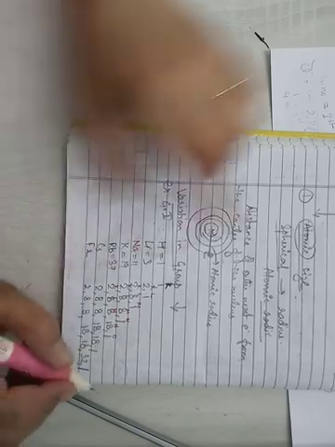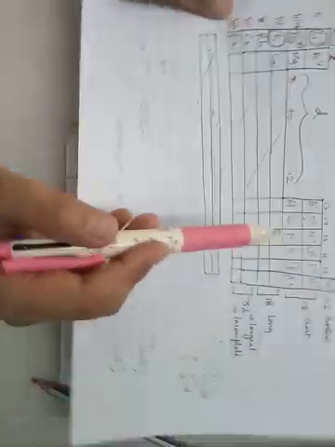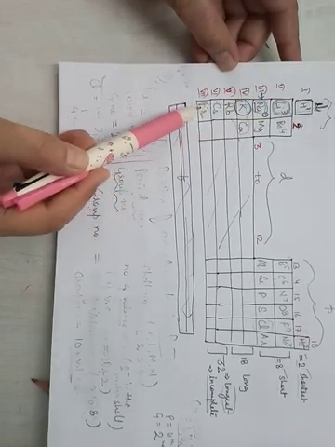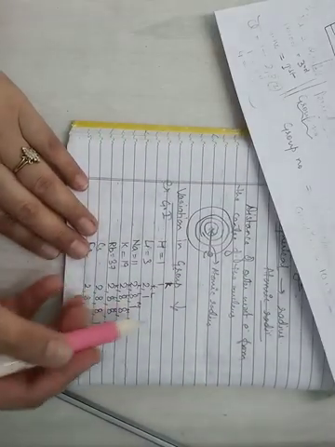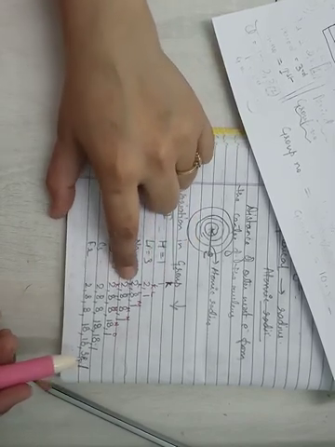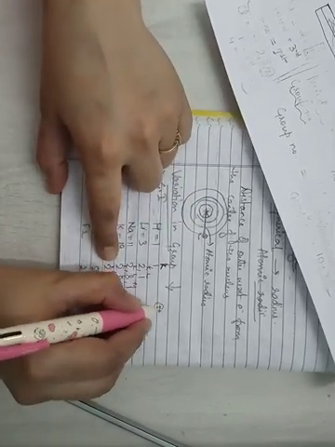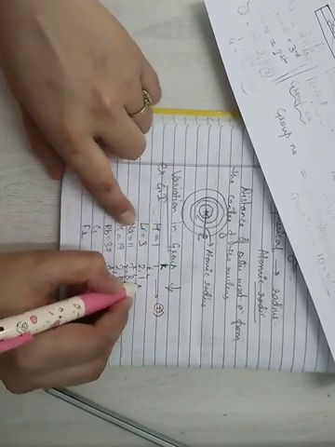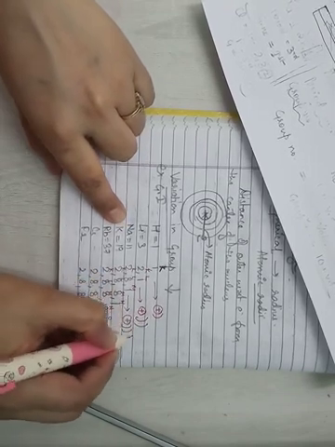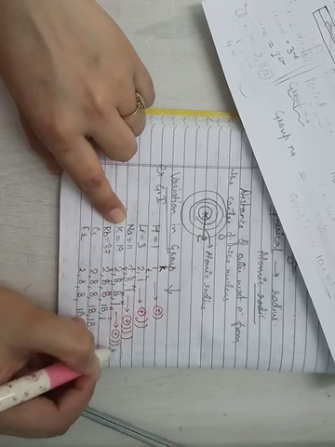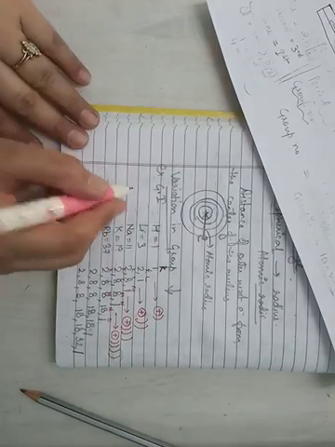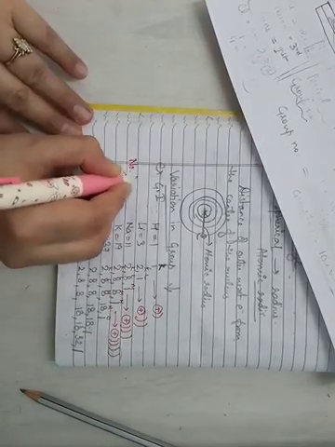As you can see, the periods are changing. It has only one shell, two shells, 3, 4, 5, 6, 7. So the number of shells is increasing by 1 unit every time. If you draw the diagram, for hydrogen it is nucleus and one shell. For lithium it is nucleus and two shells. For sodium it is nucleus and three shells. In the same way four shells. So like this you will have one added shell every time. So when you move top to bottom, the number of shells increases.